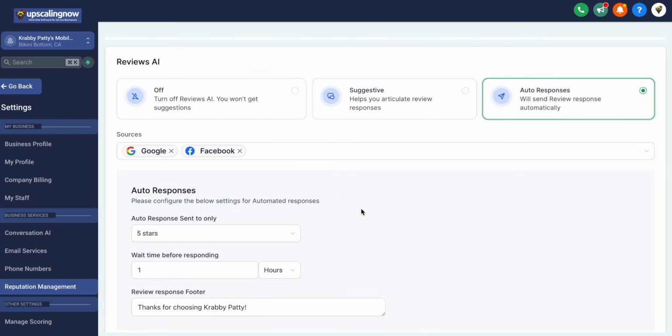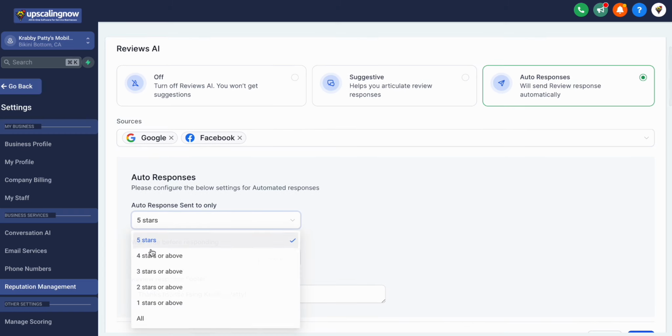So simply put, what Reviews AI is, it's not actually leaving any reviews on your Google or Facebook or anything like that. It's actually just replying to the reviews, or responding to them, using AI. So whatever source you put in right here, whether it's Google or Facebook or both, whenever you receive a review that is under, I guess, 5 stars, or it's 4 stars or above, or whatever setting you put